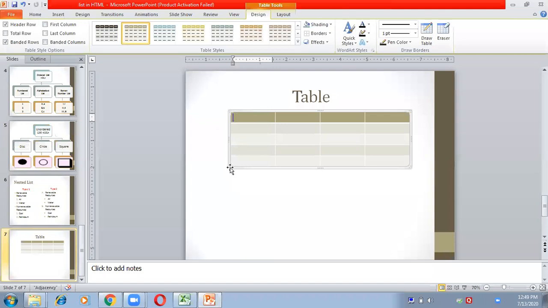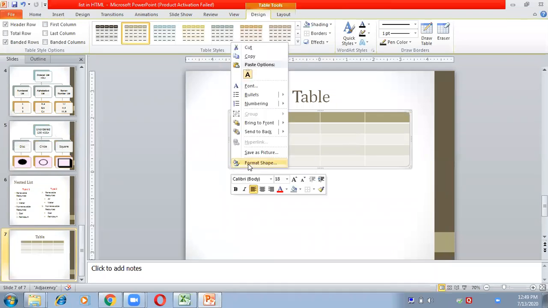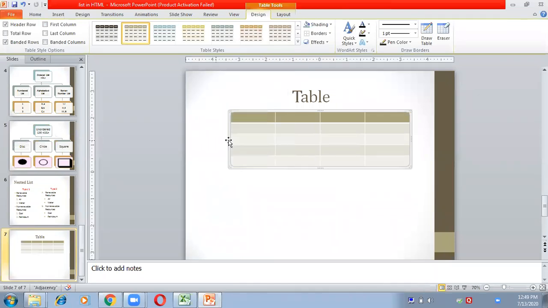Now if you want to make any changes in the table, like suppose I want to change the height and width of the table, right click.